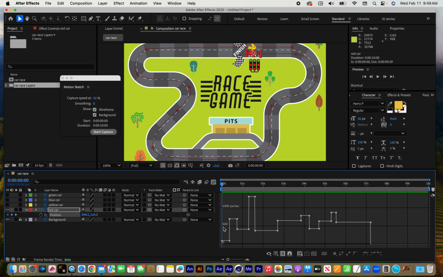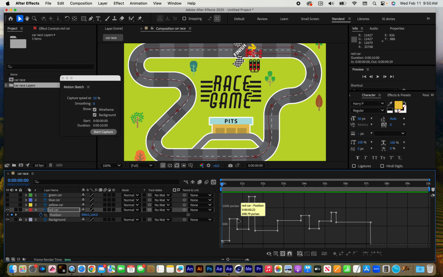And so the y-axis of this graph is basically a speed value, pixels per second, kind of like when you're driving in your car, miles per hour, right? But in this case, it's a layer moving within our frame, so the speed value is pixels per second. And you can see we have a different speed between each pair of keyframes. That's what this is showing me. Okay, so between each pair of keyframes on the path, it is changing speed. It's pretty random here, at whatever speed I happen to be drawing at,